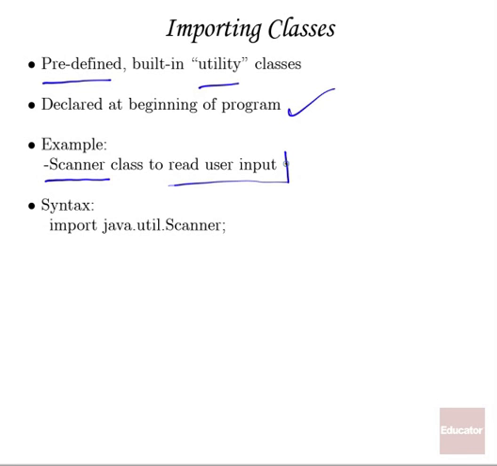So as you run the program, the user can input data, the computer can then scan that input, whatever the user types, and then use that information as it runs the program to spit it back out at the user in a print line, to do calculations, to do text editing, whatever the program is designed to do. The sample syntax of a predefined imported class would be something like the command that we're going to see: import java.util.Scanner; and then the closing semicolon. And that will make available the scanner class for the duration of that program so that if we want the user to enter data, it's possible.